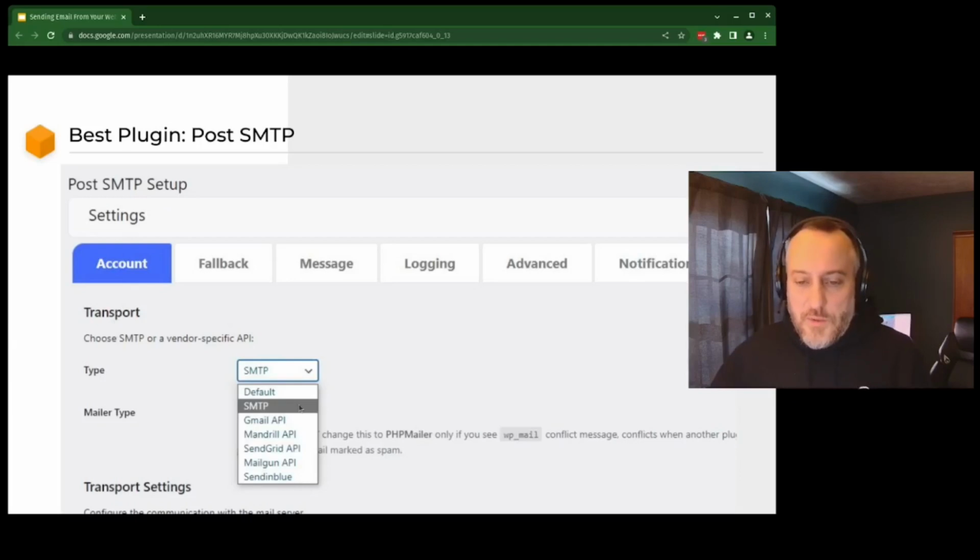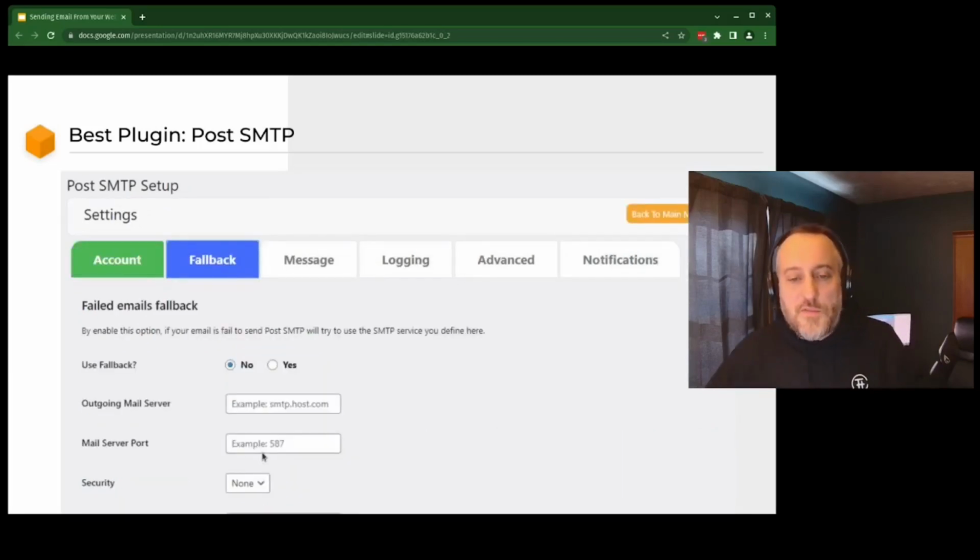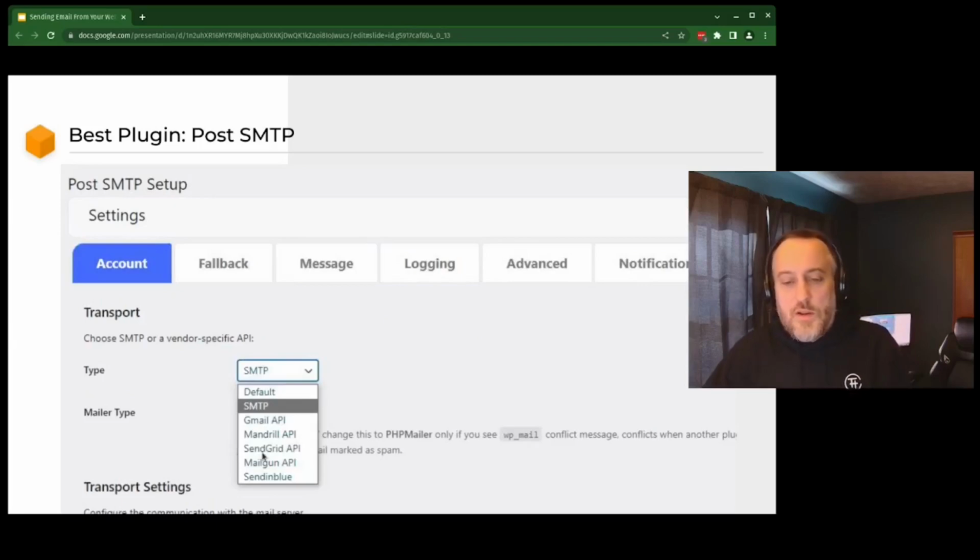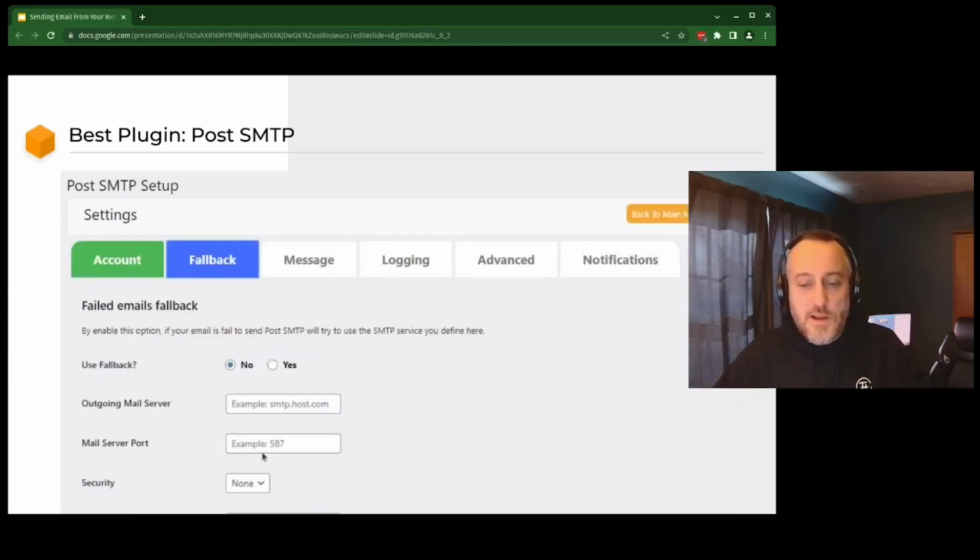So this is the plugin I recommend. It allows us to do SMTP, which is just a username and password that you can use to connect to a web server, or you could use something like SendGrid or Mailgun. One of the cool features that it has, it also does a fallback. So if for some reason your SendGrid account is past due and they shut you down or something, you can set up a fallback to send mail where you can put in your Gmail SMTP credentials in here, change the security here to use a username and password, and it sets up the fallback.